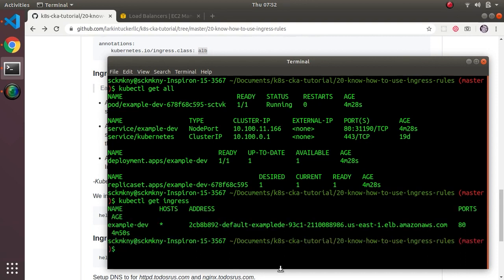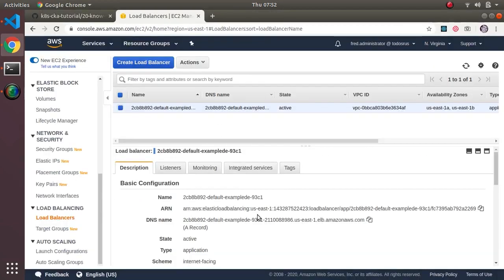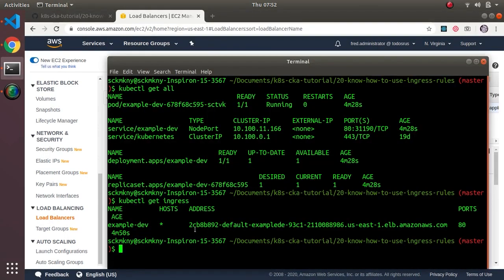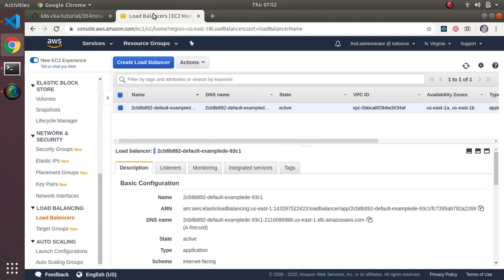Okay, so now we also have this thing, right? That is our ingress, and you notice it has an address associated with it. And this is basically the address of the load balancer itself. Okay, so then what we can do is look at the load balancer. In fact, that's the same DNS name right there, it should be the same as this one right here, right? Okay, so what this really did is, outside, it created a load balancer that is taking all our